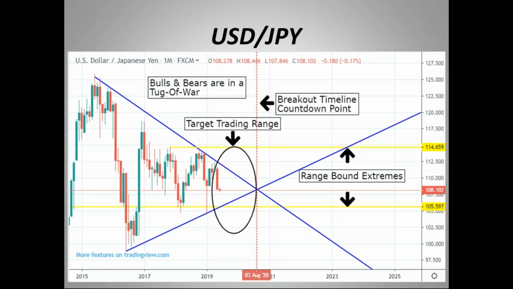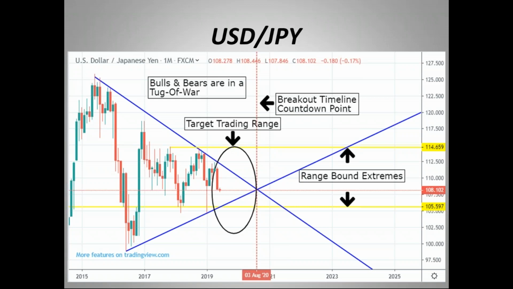Now, the oil inventories are coming out today, and especially the price of oil, you can see that the US dollar yen has been under pressure on this monthly basis. Most likely this has been because of the oil price trade. Oil is a very tight commodity for Japan, and the price of oil definitely has a big influence on their currency as well as their markets. So the decreasing price of oil over the past month is definitely fuel to the Japanese economy as well as to their currency. That's probably why you're seeing the bears winning this tug of war in this range trade. But once again, this market is in a range trade.